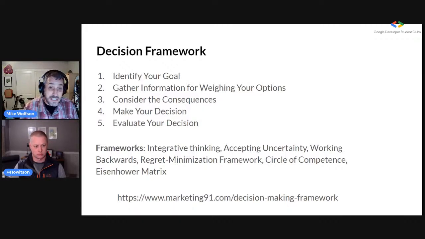We can create something very simple and we can get it done. But if it's not going to be what our users and the community want, then it's not going to get us anywhere. And that kind of is a great segue into number 3. Consider the consequences. So at this point, we're really digging down into ironing out exactly what the responsibility and the consequences of our solution are. Just like I said, if we make the wrong choice and we build a product that nobody wants, we're going to spend a lot of money building a product that nobody wants, and that's not good